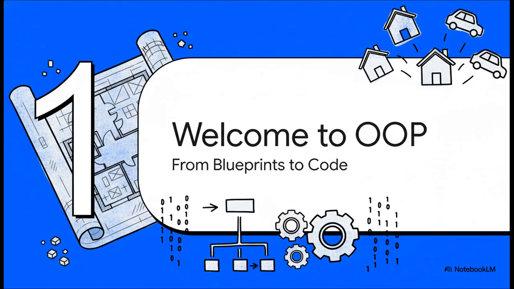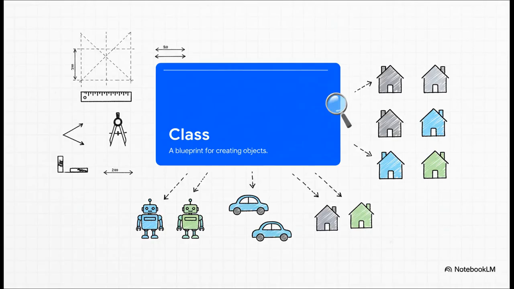So let's see how this blueprint idea translates from the factory floor into the world of software. Because this exact concept, using a master plan to create lots of consistent items, is the absolute core of a really powerful approach we call object-oriented programming, or OOP for short. In the world of code, that blueprint has a special name. We call it a class. Now, a class itself doesn't really do anything. It's just the plan. It's the set of instructions that says, hey, anything you build for me is going to have these specific characteristics and these specific abilities.